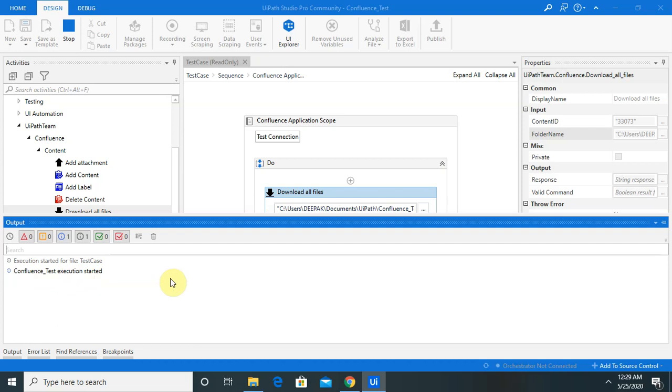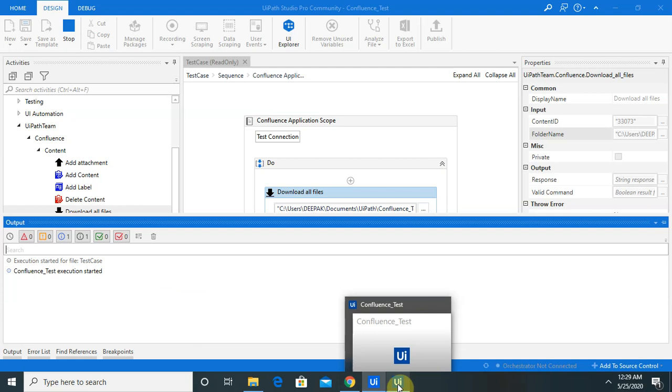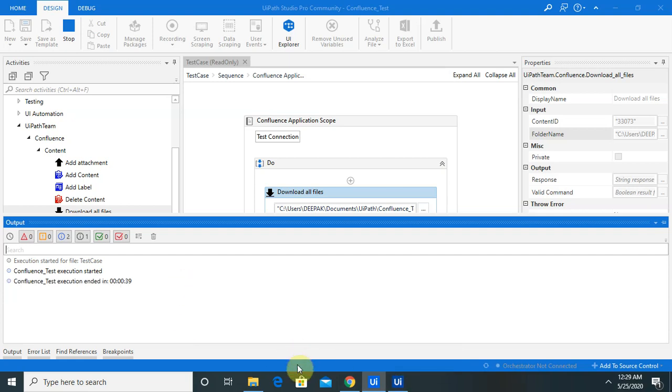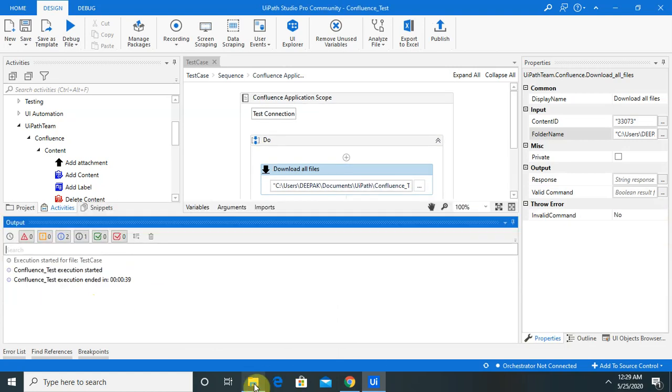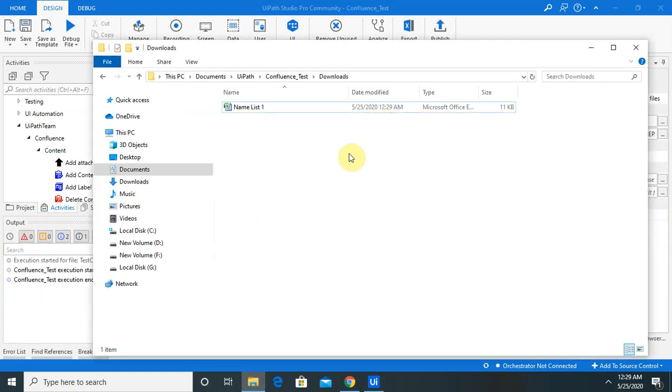Let's wait for the execution to be completed. You can see the robot started execution. Now execution is completed. Let me check whether the file is available in the folder. You can see the attachment is available in the download folder.